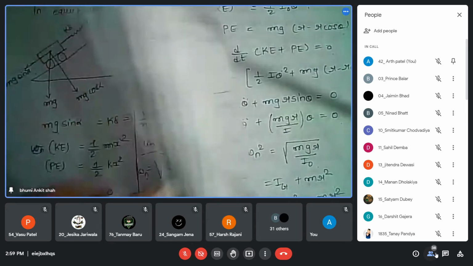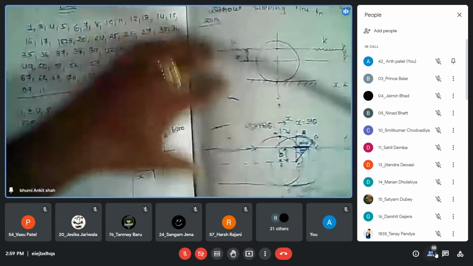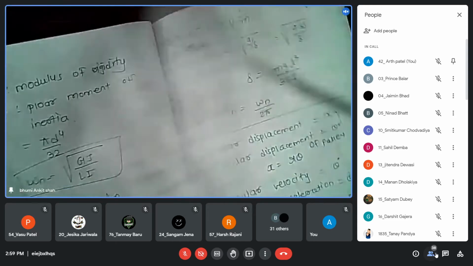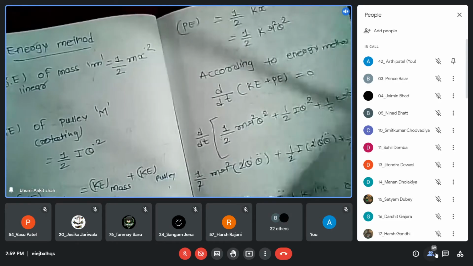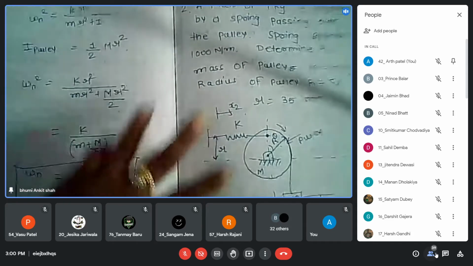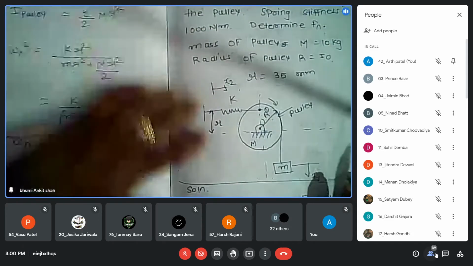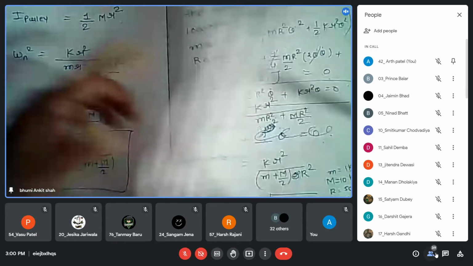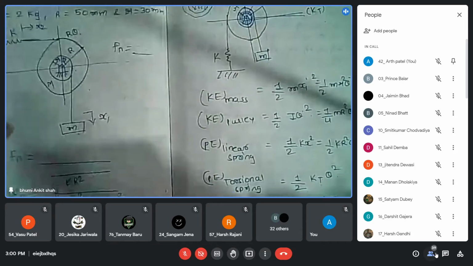Now let me turn the page. What kinds of problems have we solved, right? So we can understand. Let us start with this. Pulley, spring and mass system. I am only explaining the type of problems we have covered so far. So it is pulley, spring and mass. We had seen the simple spring mass system.